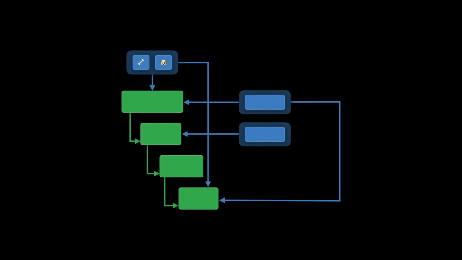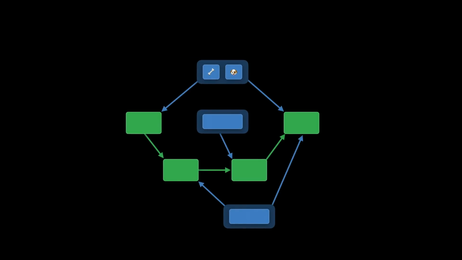In fact, if we rearrange it to avoid overlapping lines, we end up with this structure, which reveals that this is actually a graph, not a tree. In fact, we called this structure the dependency graph. This structure is important because it allows SwiftUI to efficiently update only those views that require a new body.